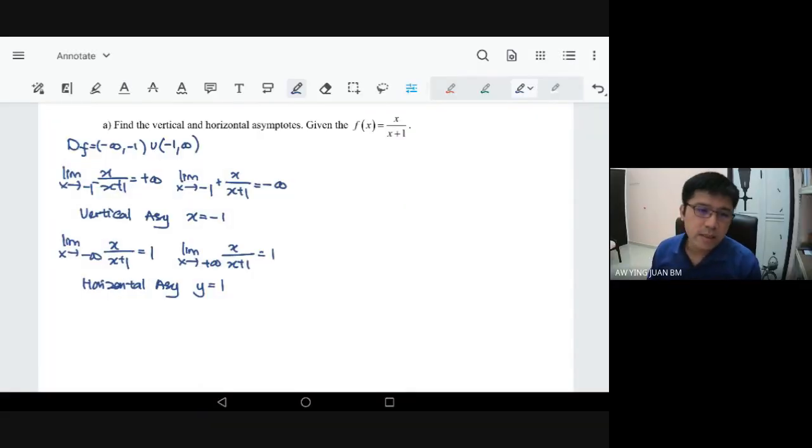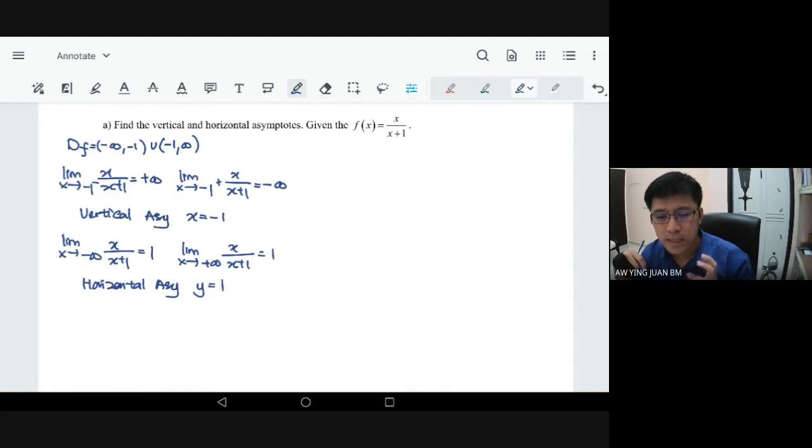Tadi kita dah bincang tentang macam mana nak cari vertical asymptote, macam mana nak cari horizontal asymptote. So benda-benda ini anda perlu rujuk lesson yang sebelum ini, iaitu bagaimana kita nak cari vertical asymptote, guna bahan-bahan dalam D. Okay. Kemudian macam mana nak cari horizontal asymptote, anda perlu rujuk kepada bahan-bahan dalam E. So seterusnya saya nak buat benda tambahan, iaitu sketch the graph dengan menggunakan bahan-bahan yang sedia ada.